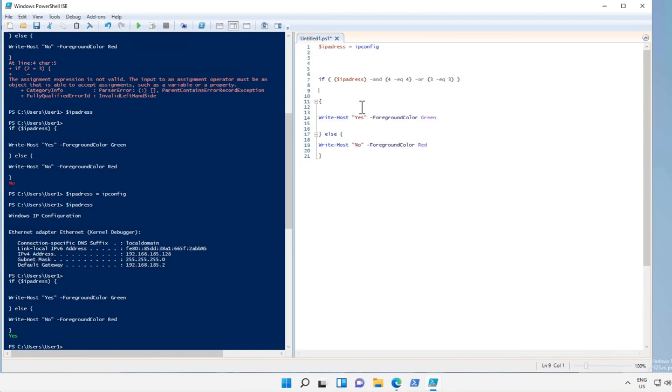So I suggest that you practice if and else comparisons, and we will see in future how these comparison operators are